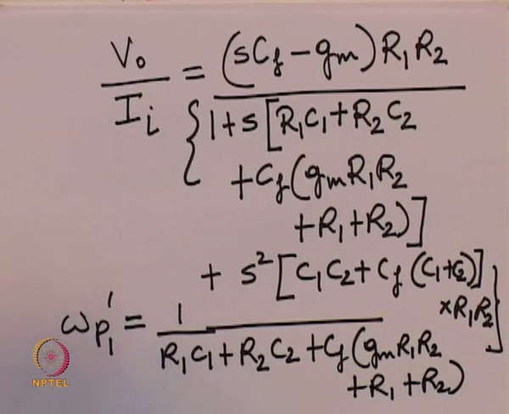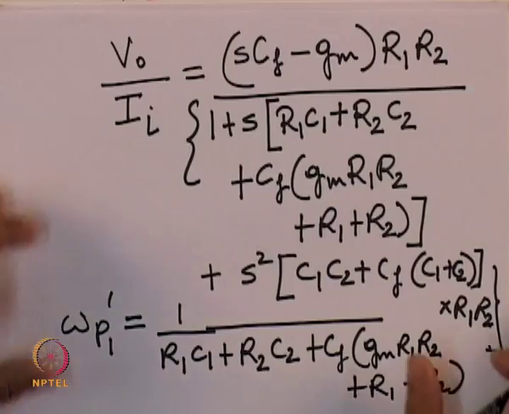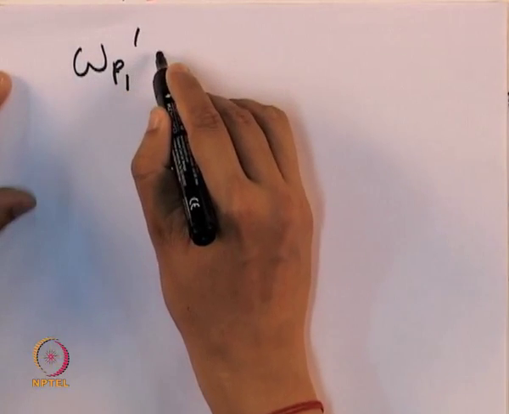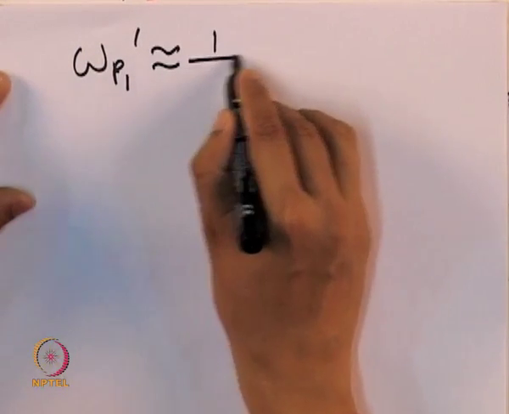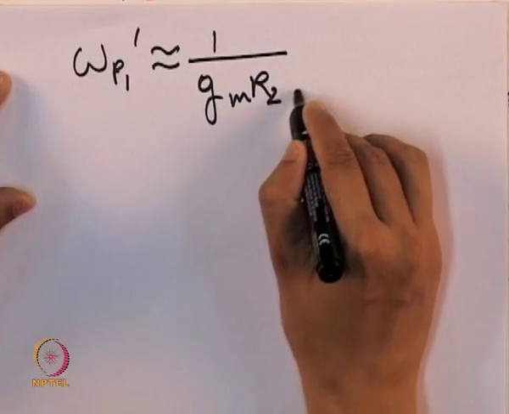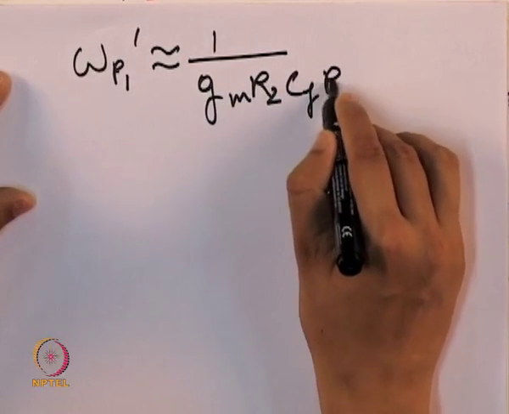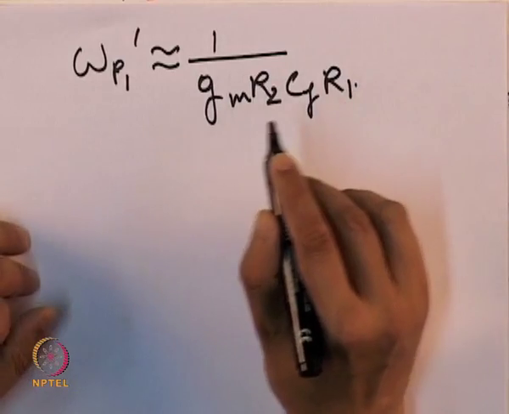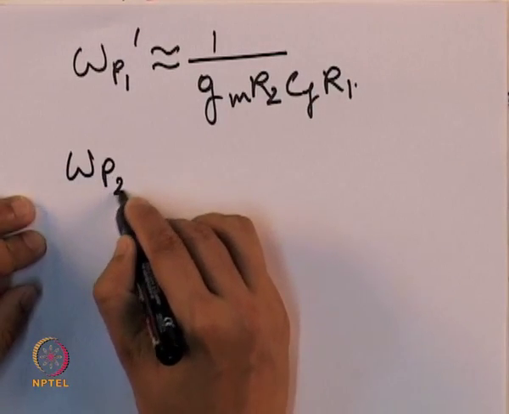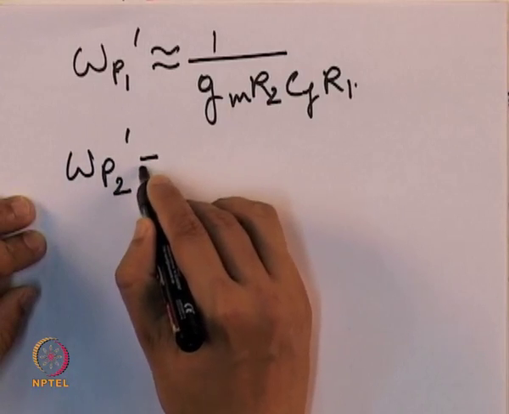This is one pole, and this omega p1 can be approximately given as follows, and the other pole is given as